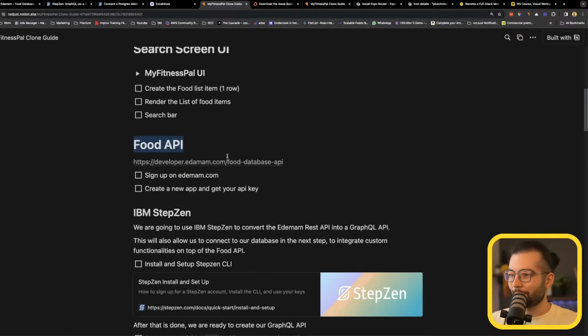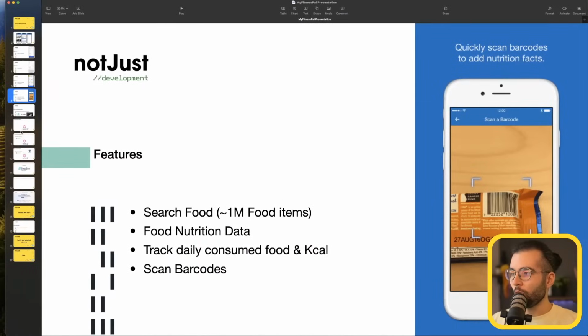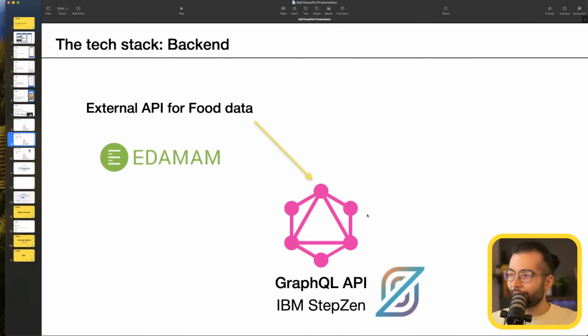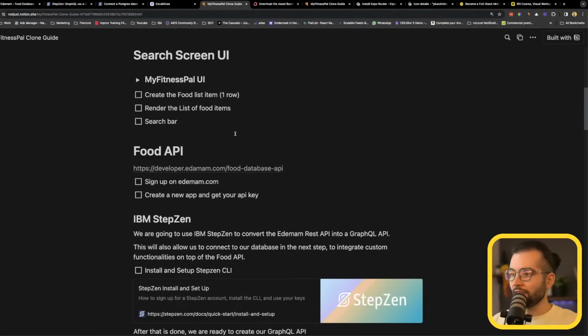So the next step is the food API. As I was saying, for our backend, we're gonna build a GraphQL API, but that will connect to and get external data about food and nutrition from an external API. I found this Edamam, not sure how to pronounce it correctly again, but this API that you can find in the guide, and you can open it here,